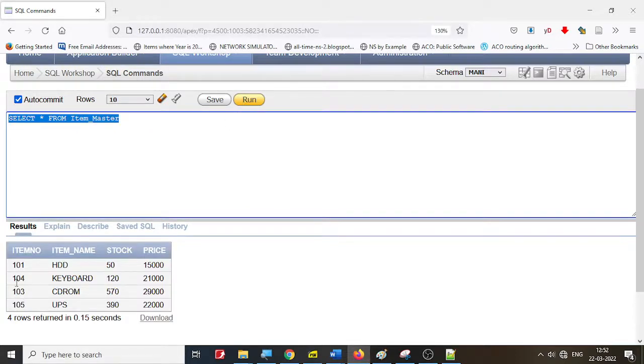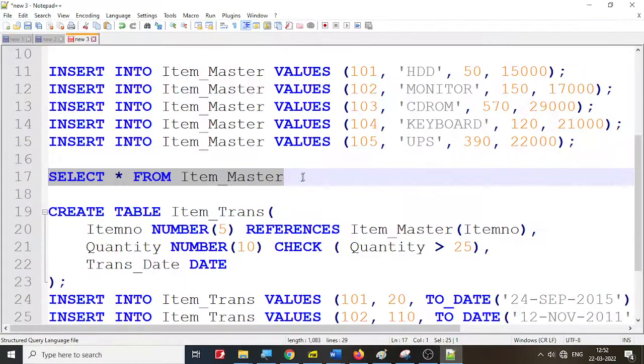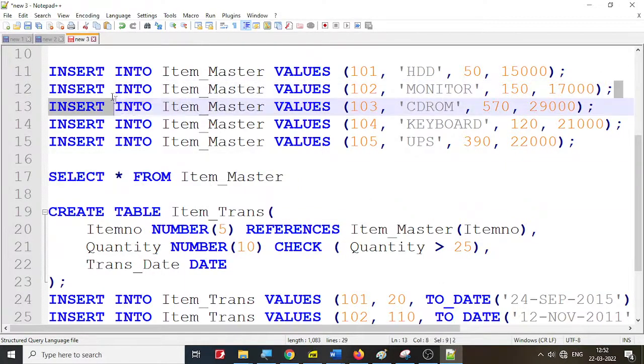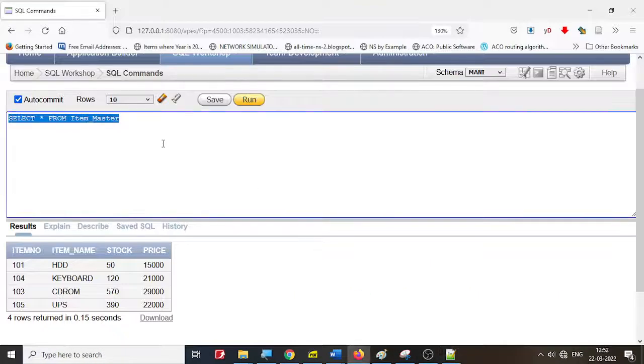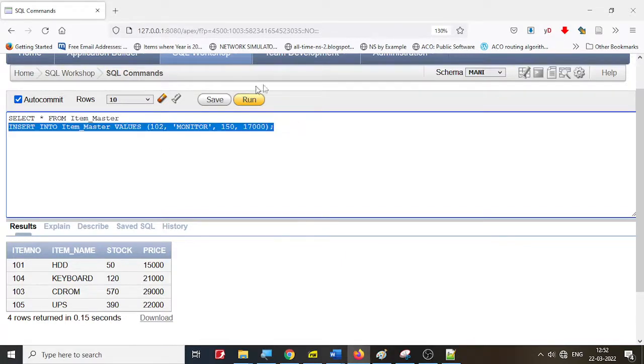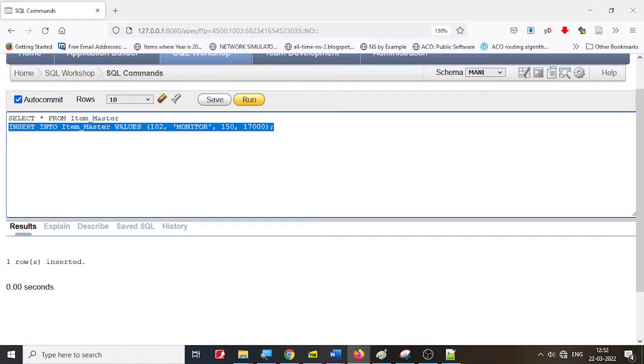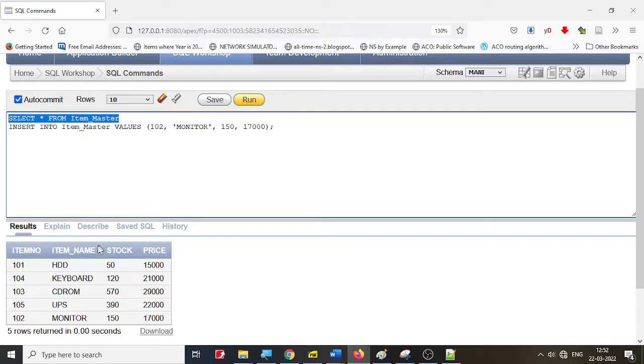Let's say 1, 2. The 2 is not there now, just to ensure that the things are there. So 2 was not inserted. Control C, and let's go here and Control V. Let's see whether 2 is inserted. Now let me see, all the 5 records are inserted. Let's go ahead and